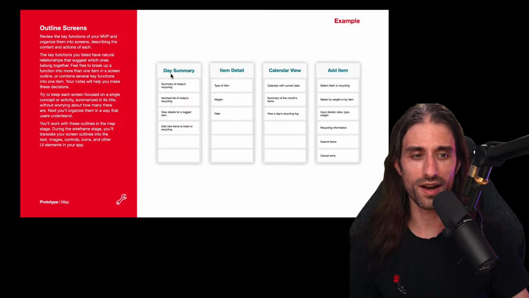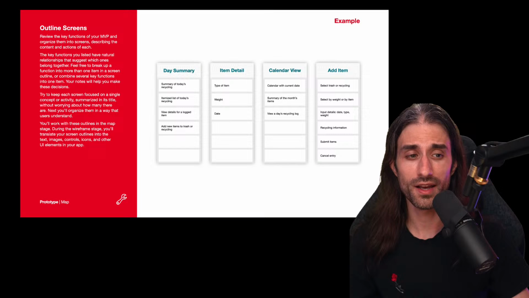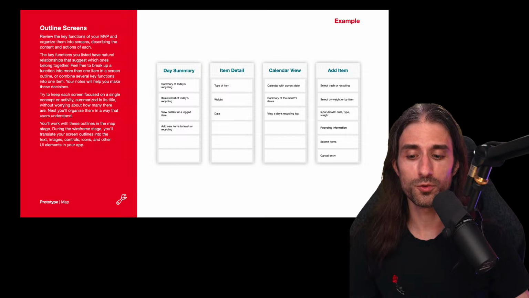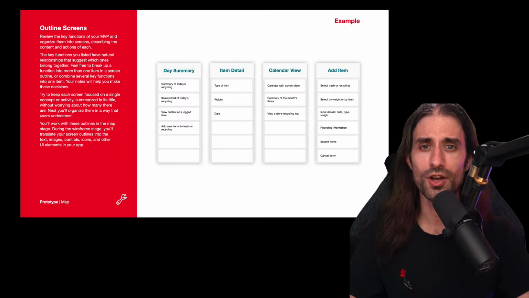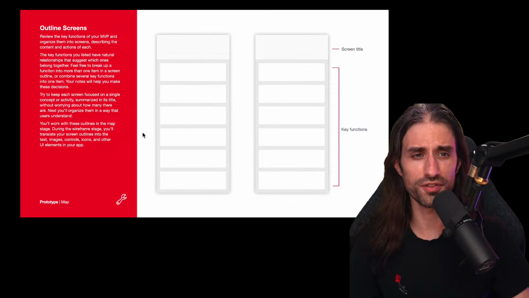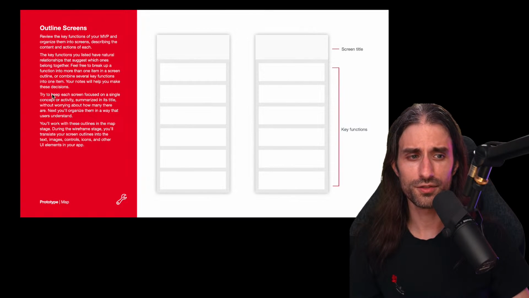It's the kind of thing where a machine would have a hard time finding the right solution, because it's a very human process. You need to think about how you like to interact with apps. You need to think about what's going to be approachable. You need to think what will also delight your users. So usually it's one of the most interesting and fun parts of the process. And so that's how they suggest that we organize and outline our screens.